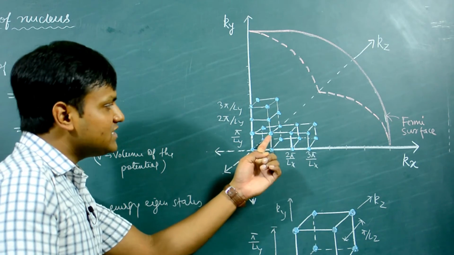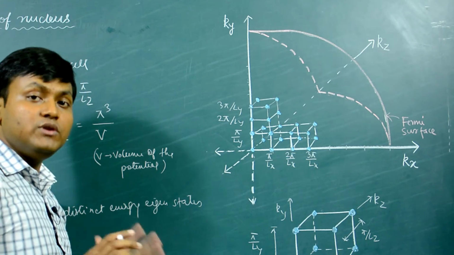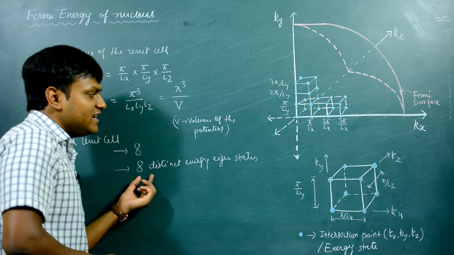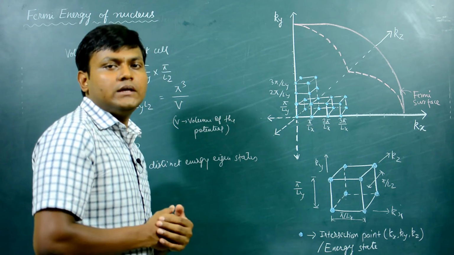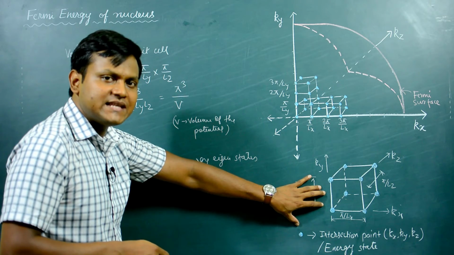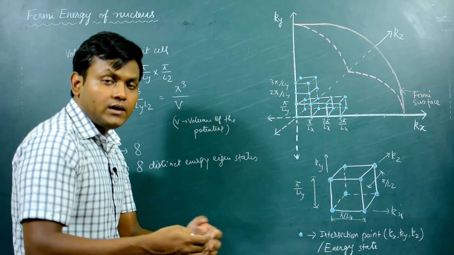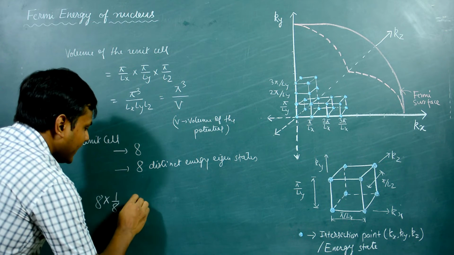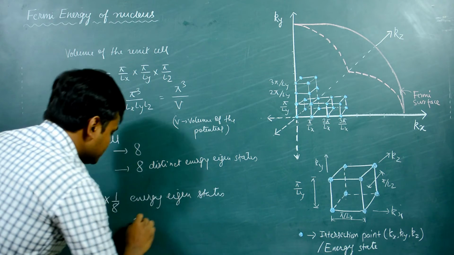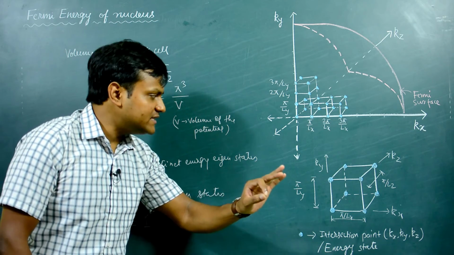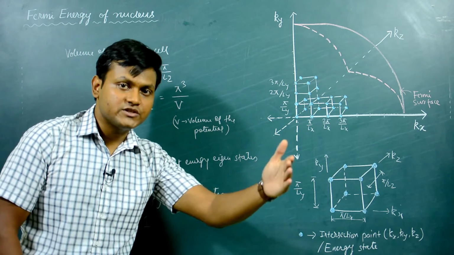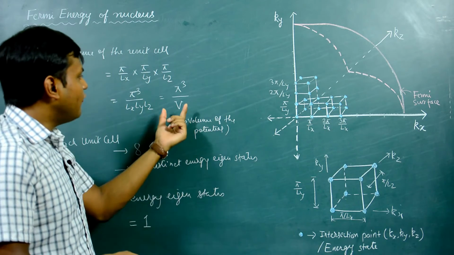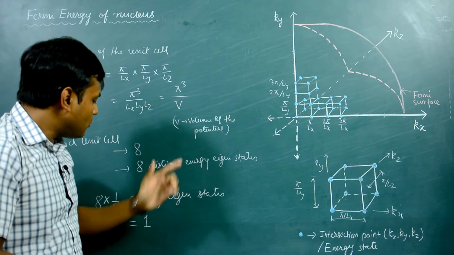So basically each energy state is being shared by 8 unit cells. For each unit cell, it has 8 distinct energy states, and each of these is shared by the nearest 8 neighboring unit cells. So the net effect is that each unit cell will uniquely correspond to 8 multiplied by 1/8 energy eigenstates, which is equal to 1. So one unit cell will uniquely correspond to 1 energy eigenstate. And I can also say that in the 3-dimensional k space, the volume of one unit cell will correspond to 1